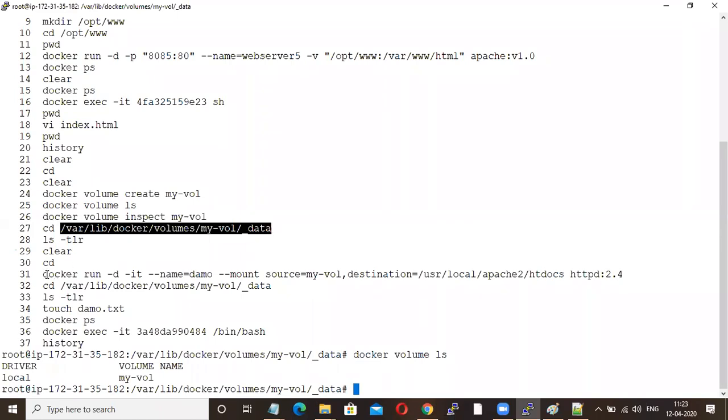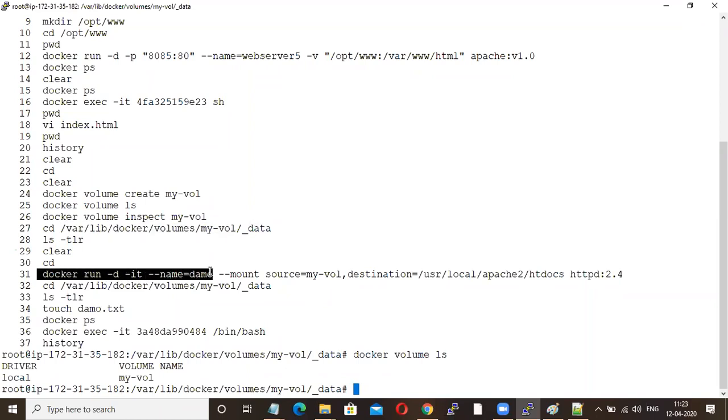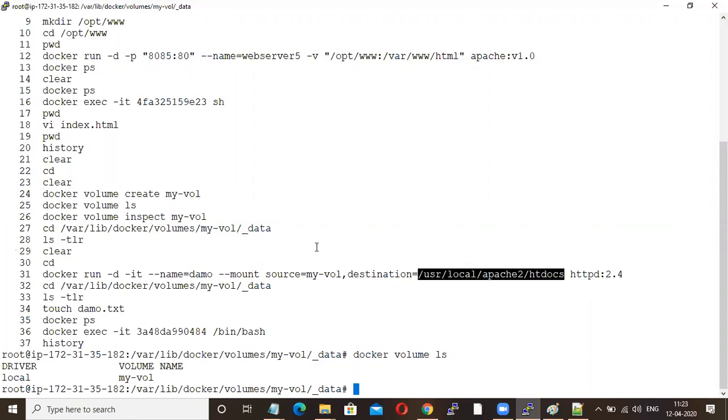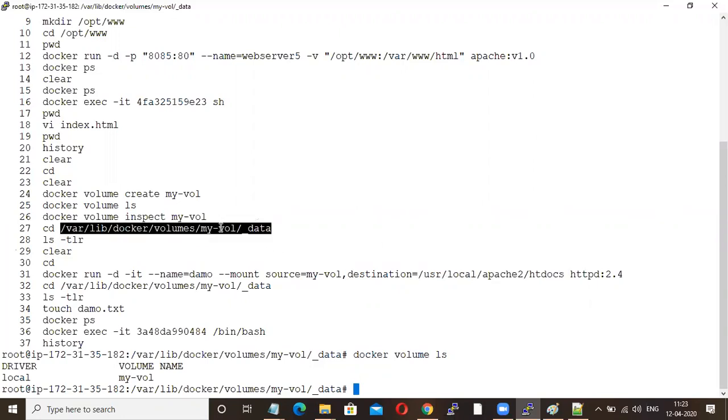Now I'm just going to launch your container. That is docker run -itd. This is the name of your container, --mount source, this is your volume name, destination, this is your container file system, and this is your image name. Now you are just syncing this directory to this volume, which is in this path. Whatever files are here will be backed up with this path. If you place a file here, that will be synced here. That's it. This is Docker volume.